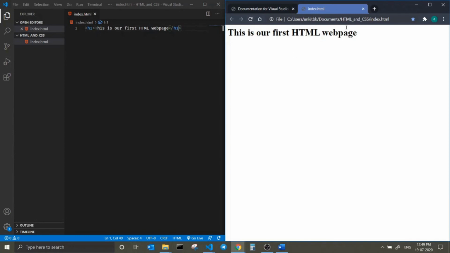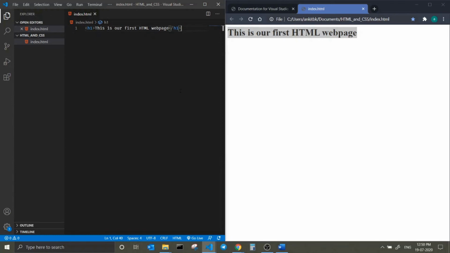As you can see, we have seen a change in this first string. So what is this doing? It is just giving the command to the browser that I want to represent this particular string in the form of an h1 tag, or the heading tag. This is the way HTML gives commands to the browser.